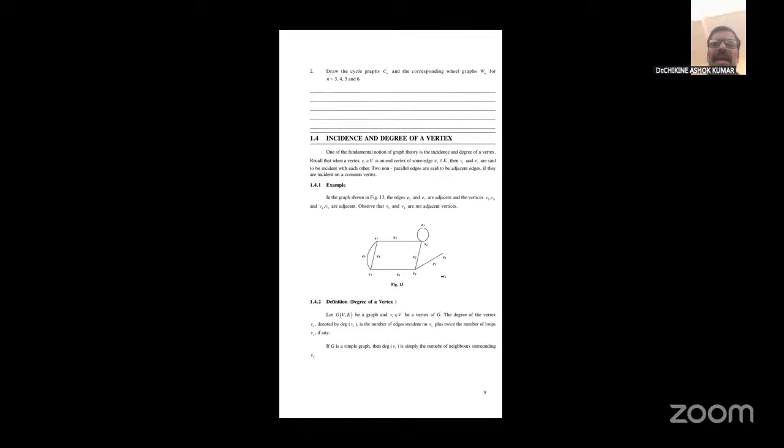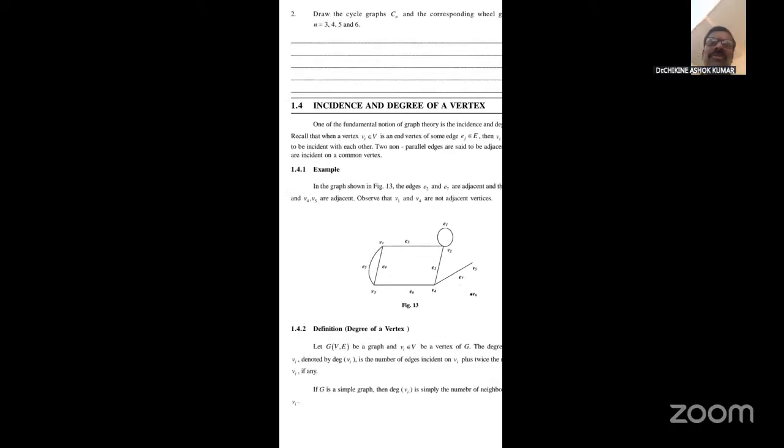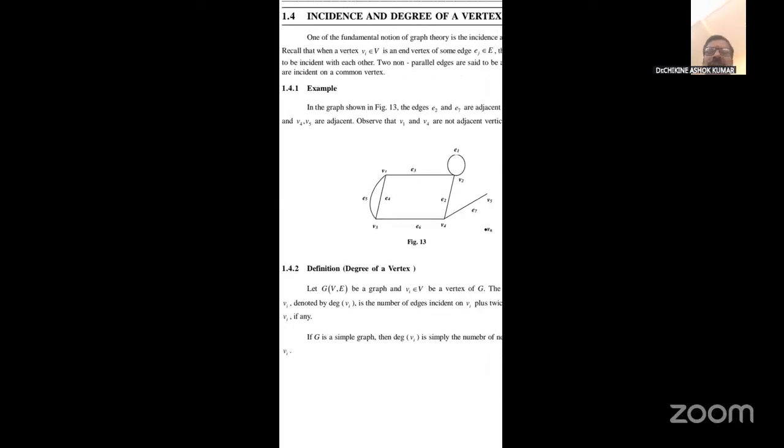Inside the degree of a vertex. The degree of a vertex again comes under two types: what is in degree and what is out degree. First, let me discuss the meaning of degree of a vertex. Let G be a graph with vertices V and edges E,